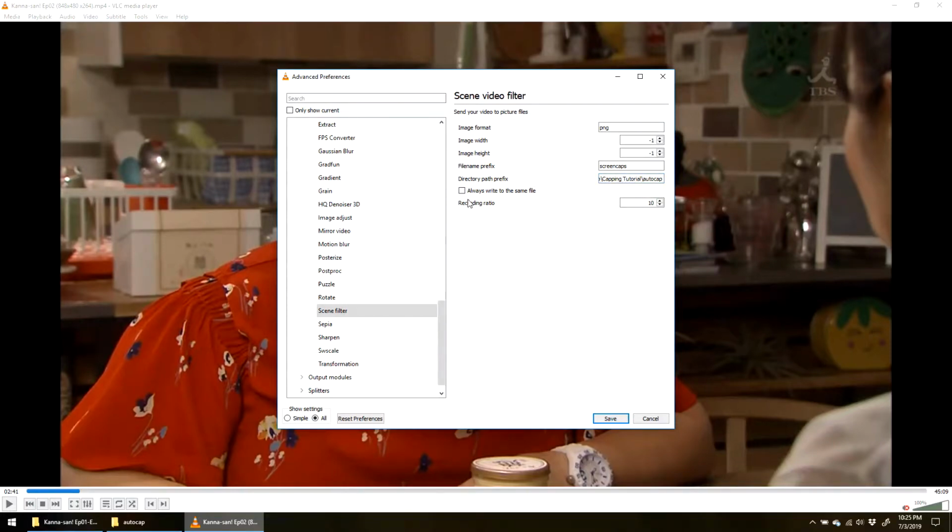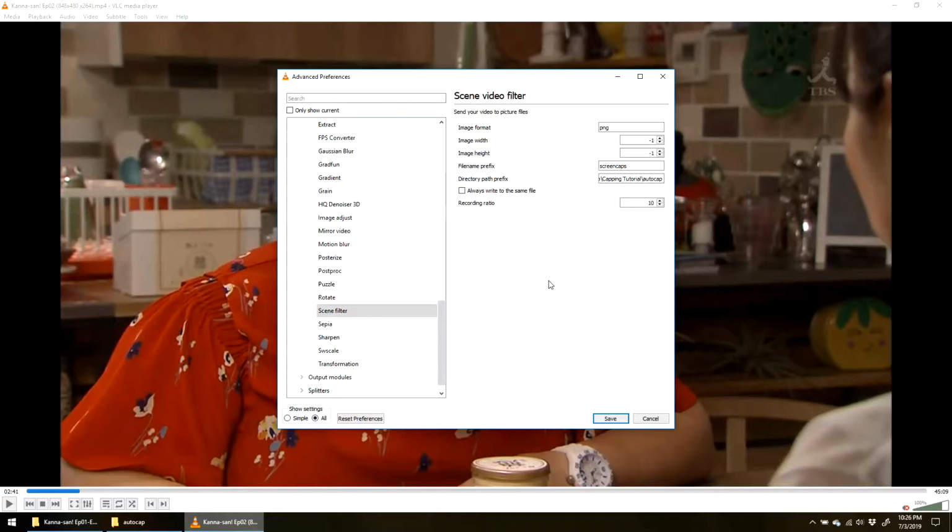As for the recording ratio, the default is 50, but I set it to about 10, which means it'll take a screen capture once every 10 frames. Any lower than that, and I found that it tends to just capture duplicates of the same frame. You could set it higher than that if you don't want to have as many images to sort through, but I'd rather take a whole bunch and then manually go in and prune the caps afterward to get rid of blurry shots or expressions that are similar.